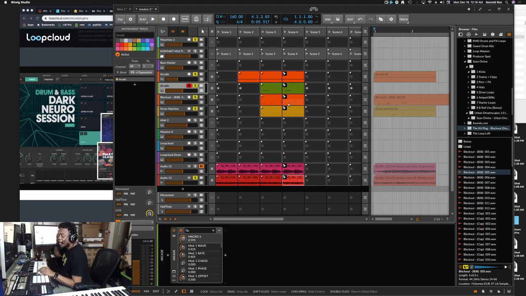And the cool thing about Bitwig is this is clip launch or clip view. I have probably a whole song like this, like the different sections of a song.